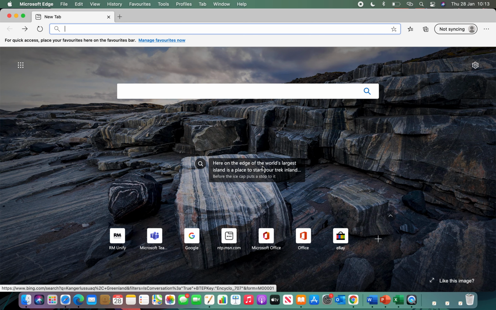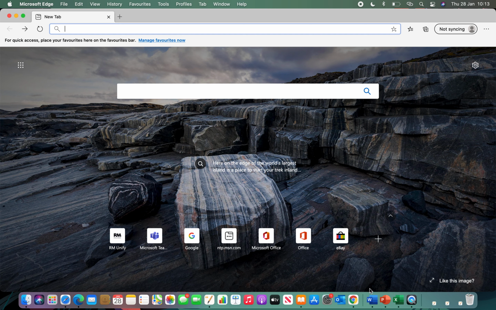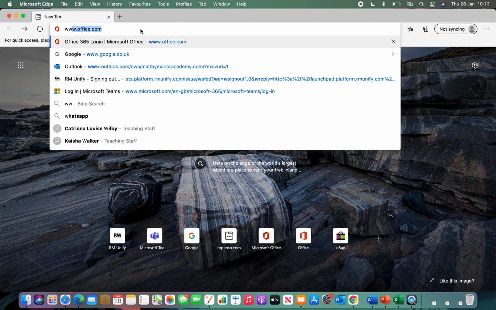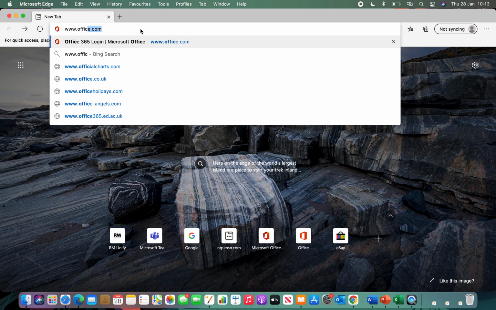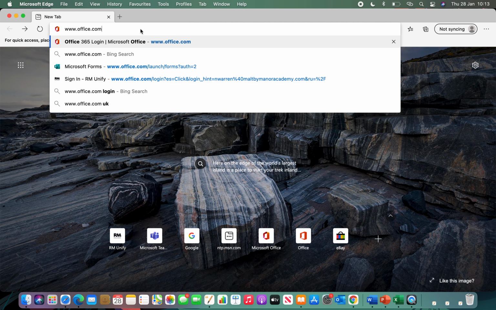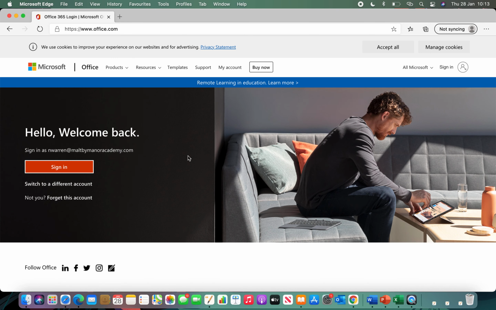Microsoft Teams. So to begin with, what you're going to need to do is go to your internet browser, whether that be Google Chrome, whether that be Microsoft Edge or Safari if you're using an Apple product. So in this case, I'm going to use Microsoft Edge, and I'm going to go to my web address bar and search for the web address www.office.com. Now that will bring up hopefully a drop down menu. If not, it's just office.com, and you can hit the enter button, and that will bring you to the Office